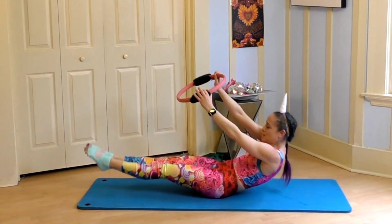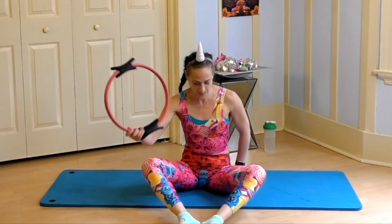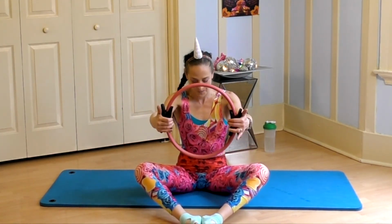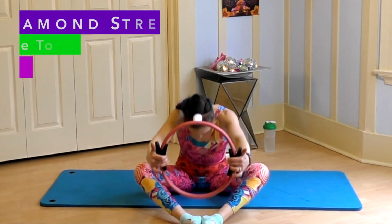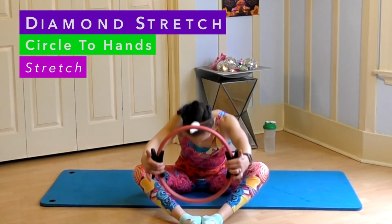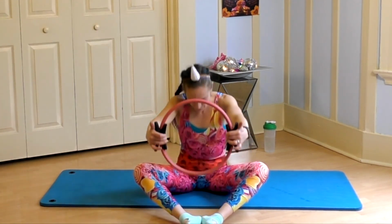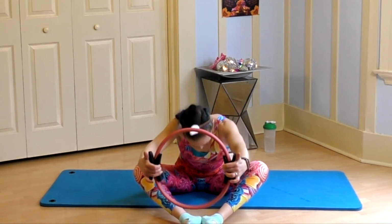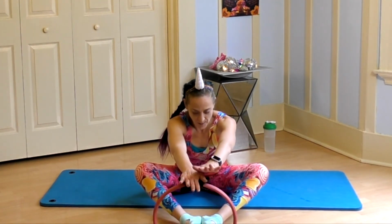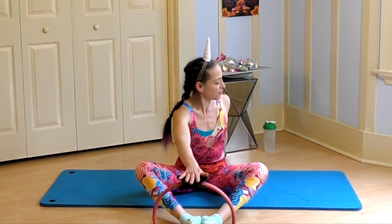Grab the circle, lower the legs, and let's actually come to this diamond position. Taking an exhale and inhale. One more time. Rounding the spine forward and up. Now hold it forward. From here, place your left hand forward, reach that right hand back, lift up through your chest,